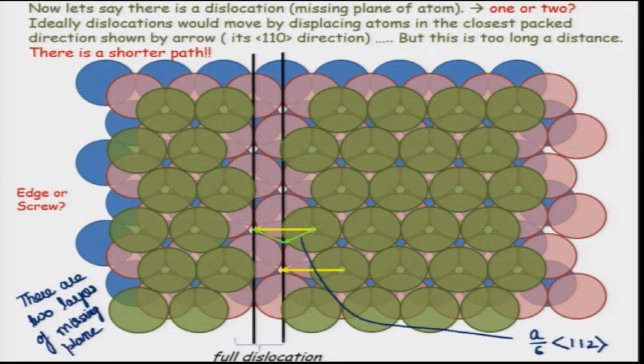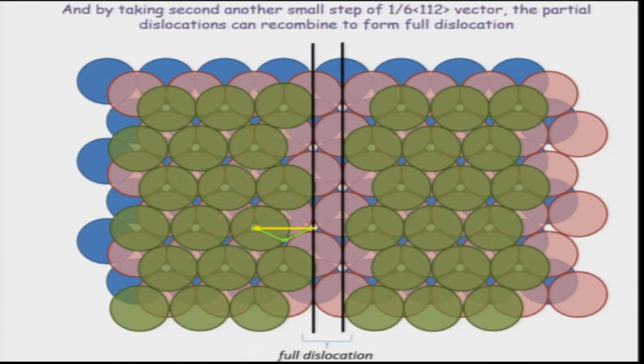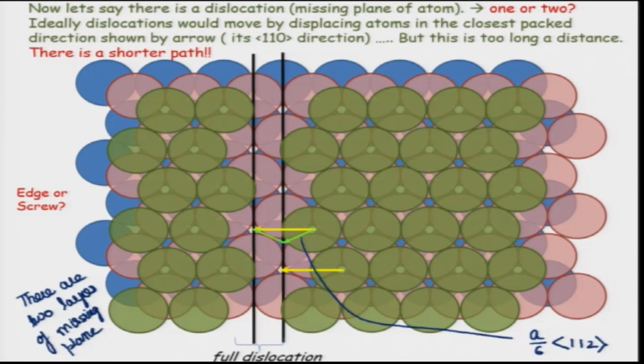So, this is another possibility; we will not call it partial yet, we will define it later on. This is the original vector, and there is a possibility that instead of going directly, the atoms would move over here and then move over here. Let us see how it does that. Here you see the atoms have moved from that position to this position, and from here they can again move over here. So, the whole dislocation line has moved from over here to over here. Let us come back again over here.